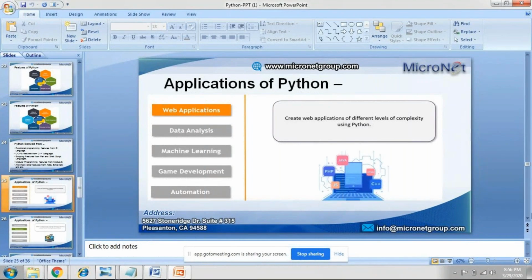There is something called scikit-learn, and we have TensorFlow, and matplotlib, which is for data visualization, and we have pandas and numpy. So there are specific topics which we can learn, and we can start implementing our algorithms for data science and even machine learning.